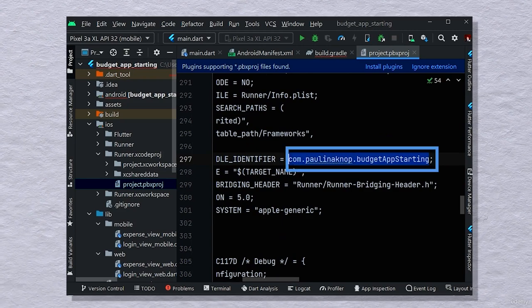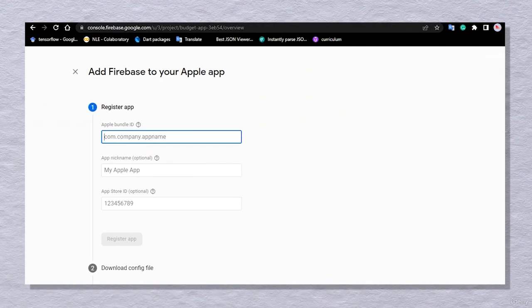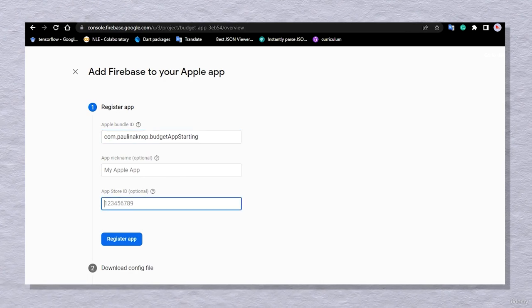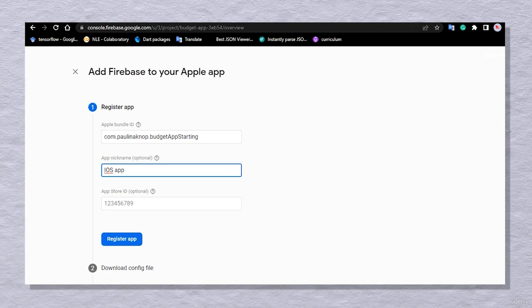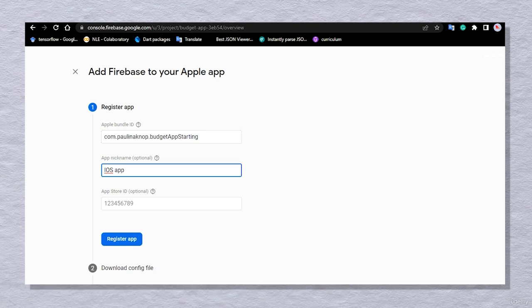Let's copy this and paste it in the Apple bundle field. Next, I'm naming it iOS app, but it's optional. We won't be requiring the App Store ID, so we can leave it empty as of now, and then click